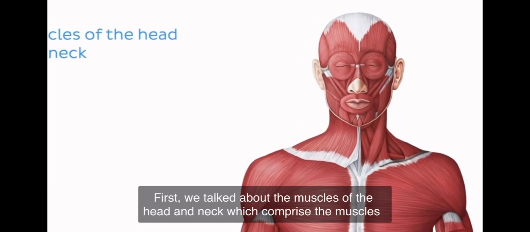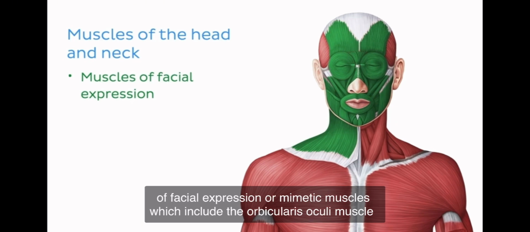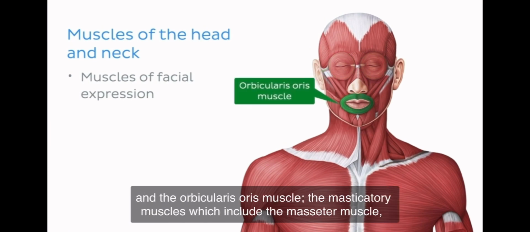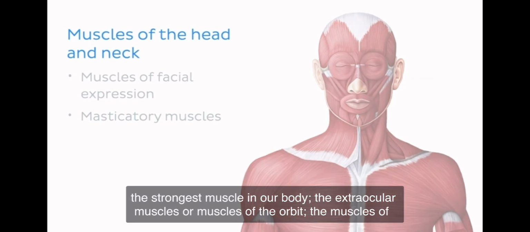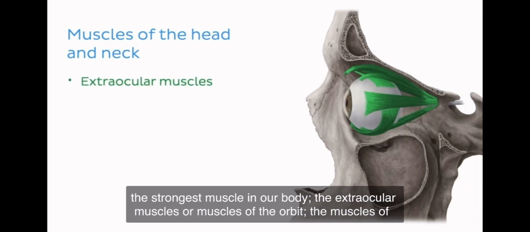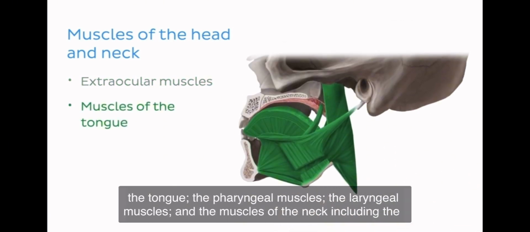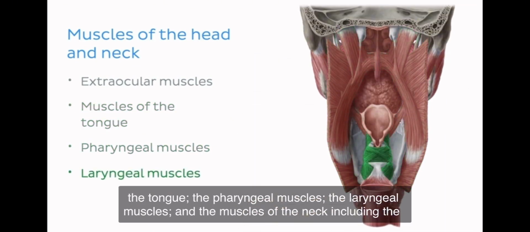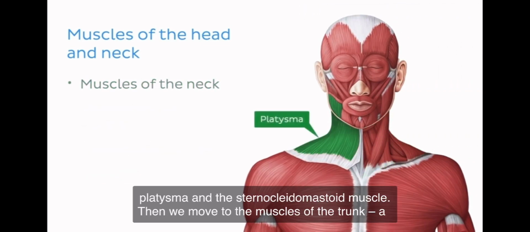First, we talked about the muscles of the head and neck, which comprise the muscles of facial expression, or mimetic muscles, which include the orbicularis oculi muscle and the orbicularis oris muscle, the masticatory muscles, which include the masseter muscle, the strongest muscle in our body, the extraocular muscles or muscles of the orbit, the muscles of the tongue, the pharyngeal muscles, the laryngeal muscles, and the muscles of the neck, including the platysma